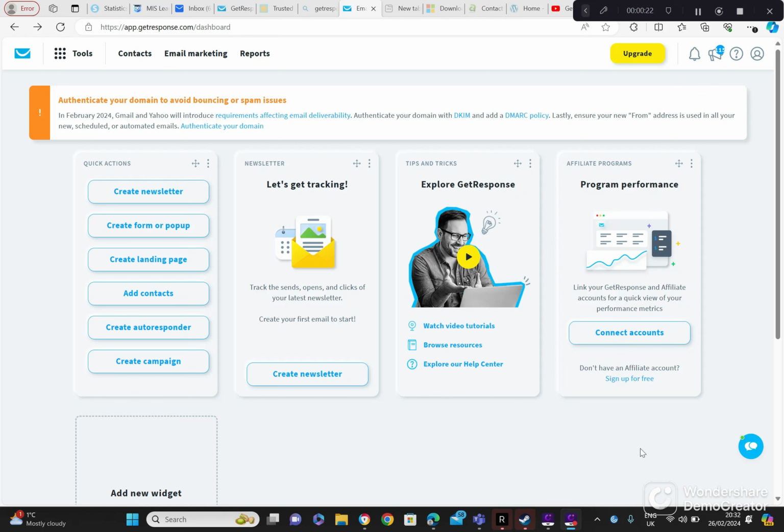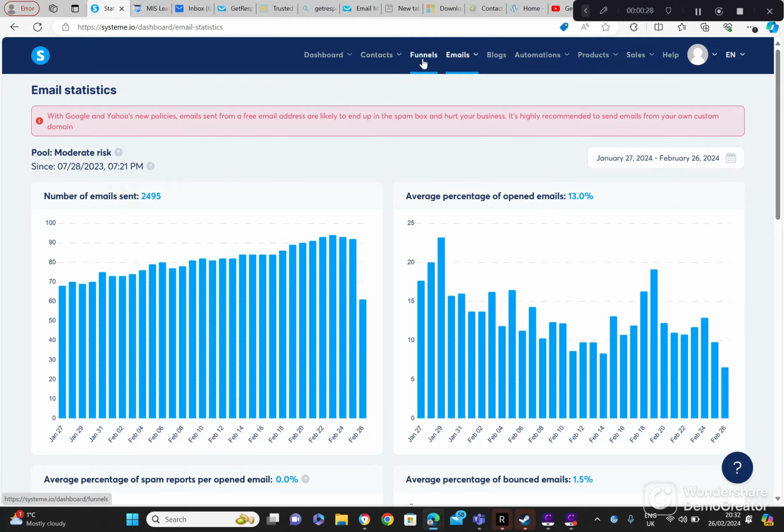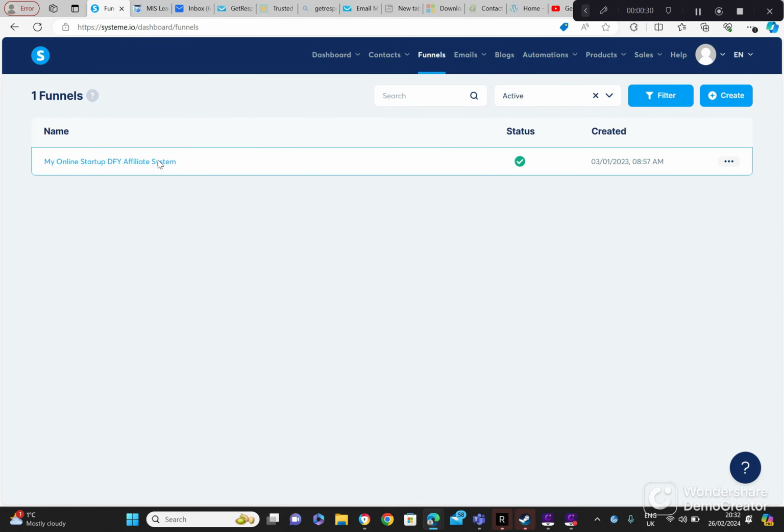So what is GetResponse? It is an autoresponder. I think, what is that? Well, it's a place where the emails are stored ethically and properly, and you can follow up with email series or one-off emails. So if we go into my own, which is a different provider,